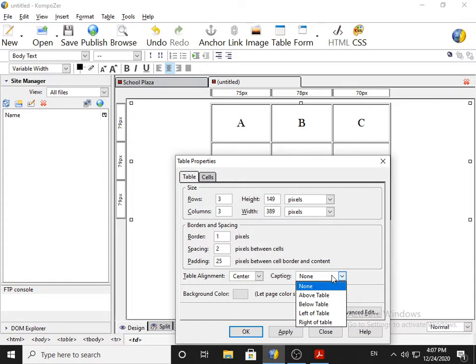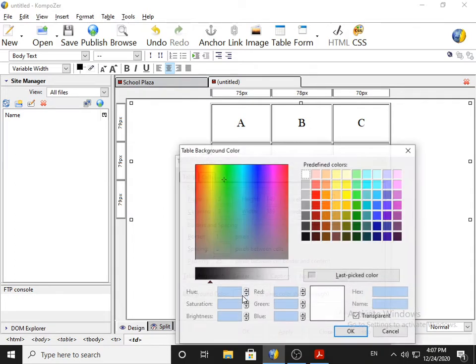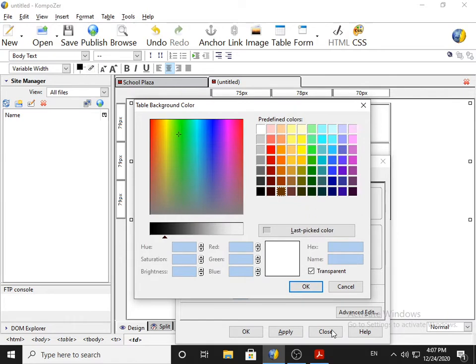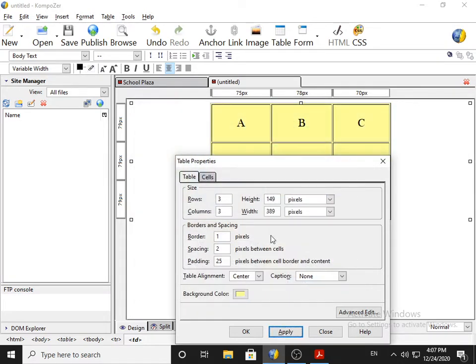Where you want caption, above table, below, left or right, that direction you have to clarify. If I click on background color, then I'll get a choice to set the background color. For example, I am keeping this as a background color, and if I click on OK button, then it will change the background color. You can able to see here. So these are the options available.